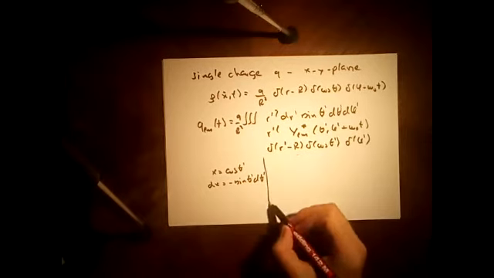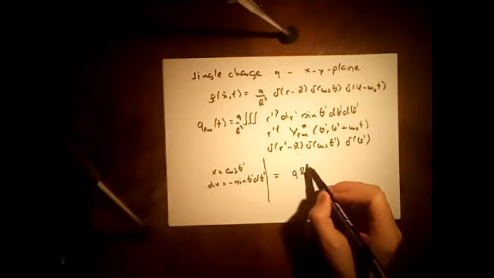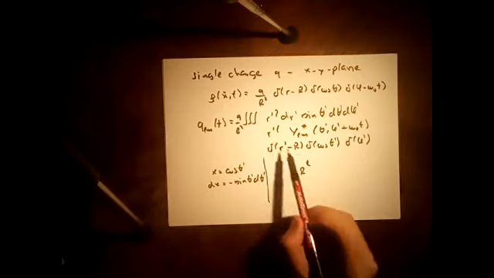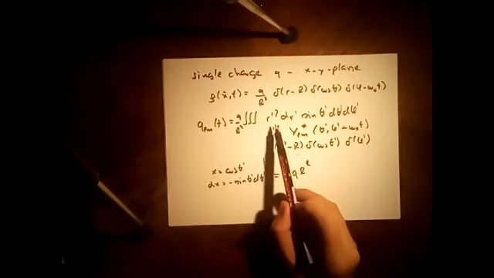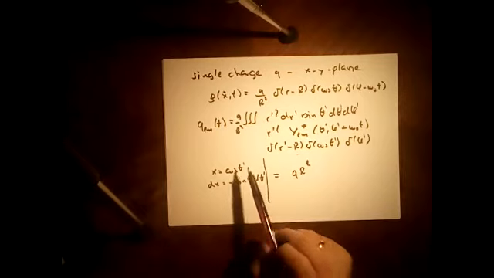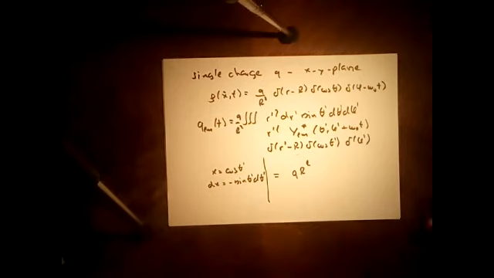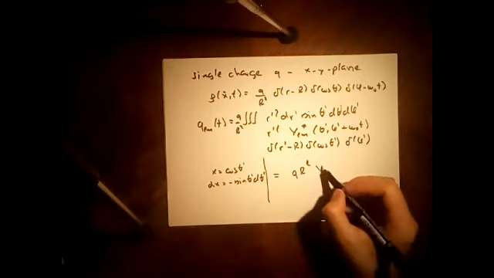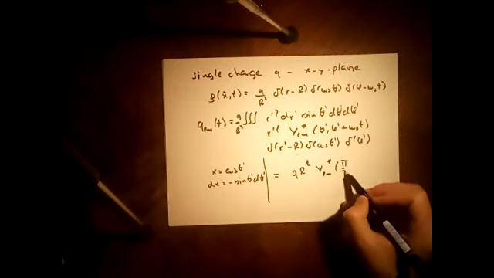So when we do all that, what we're going to get is Q R to the L, because we got an r prime to the L plus 2, that gives us a capital R to the L plus 2, divided by R squared. And then we're going to have here Y_lm star of pi over 2,